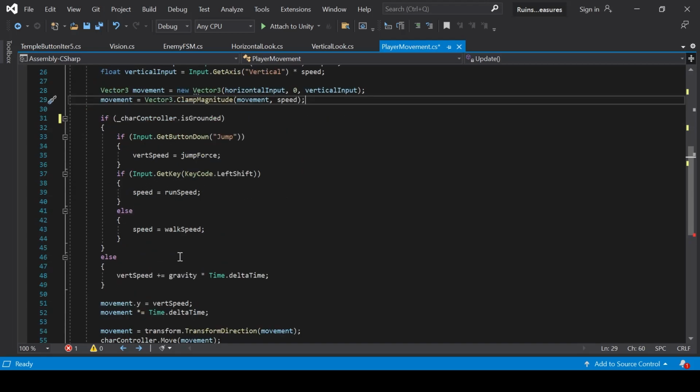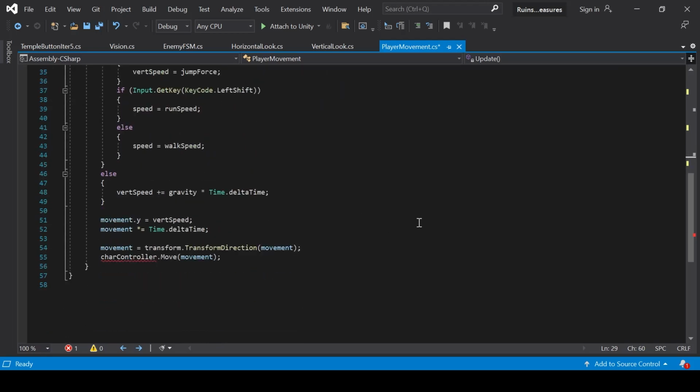Same thing with run speed. If you're on the ground, you're allowed to hold shift and change your speed to your run speed. If you're not holding shift, it sets your speed back to your walk speed. Pretty easy. Continuing on with this,